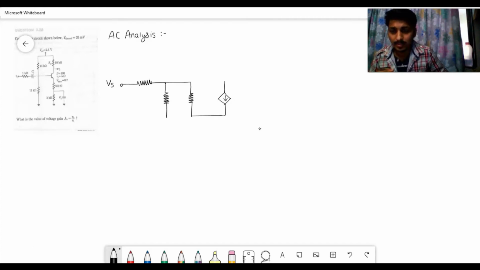Okay, so here the second emitter resistance is shorted because of the capacitor, as in an AC circuit the capacitor will be short circuited, so this capacitor and this resistor will not be taken. So in the emitter region only 0.5k will be there. And here RC will be grounded, this will be grounded. This is VCC, particular V0 here.